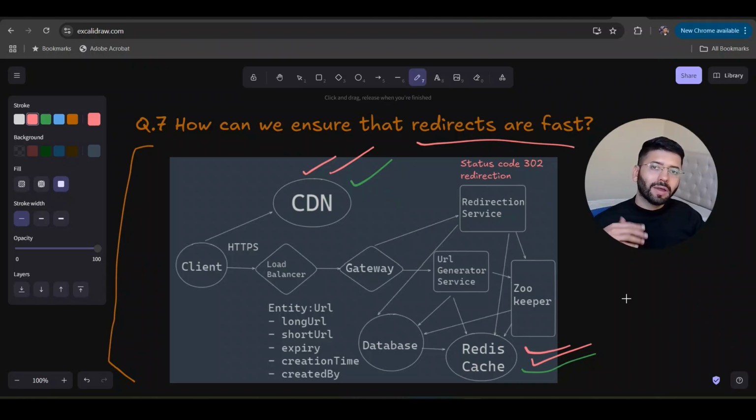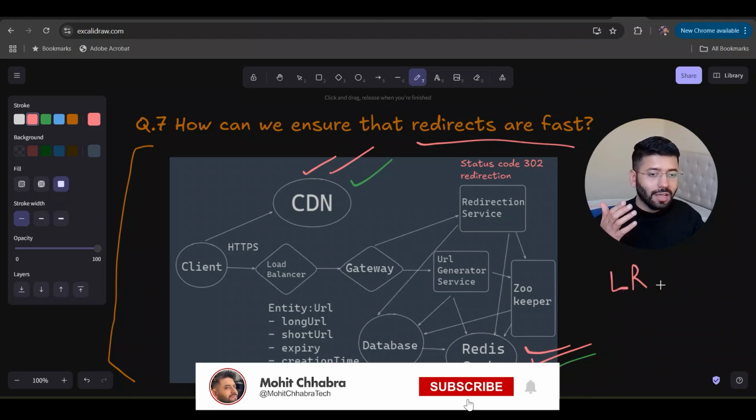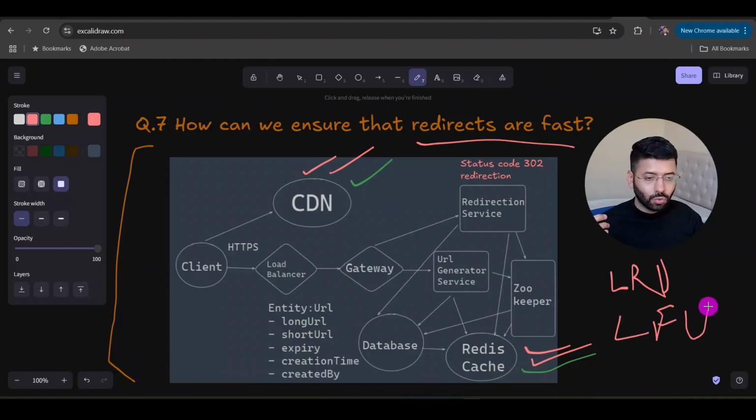Now talking about the minor suggestions that I received on my answer. So the first thing was that because I was talking about the cache, I should also talk about the cache strategy, like which kind of cache strategy am I using? Is it least recently used or LFU, or what am I using basically? Because I am specifically talking about the cache and the fast speed, I should also talk about what kind of strategy I use in cache,